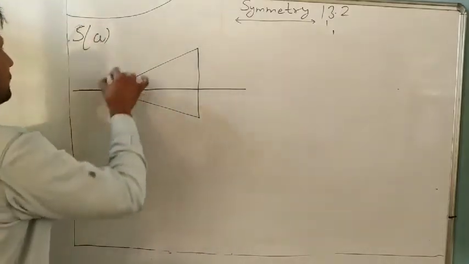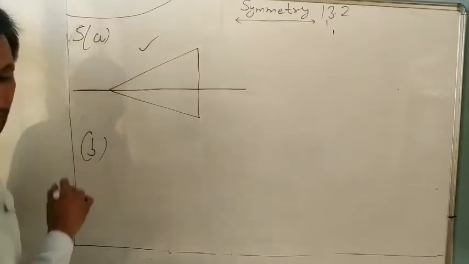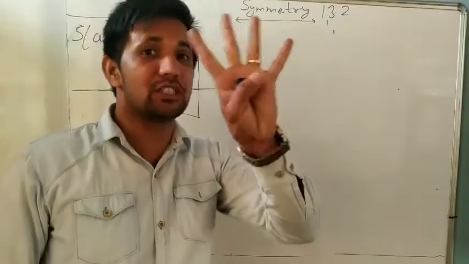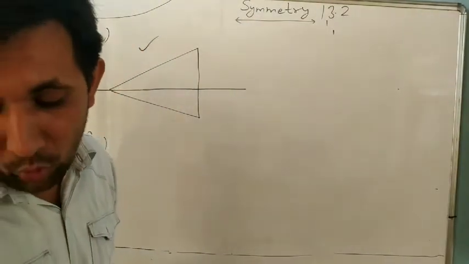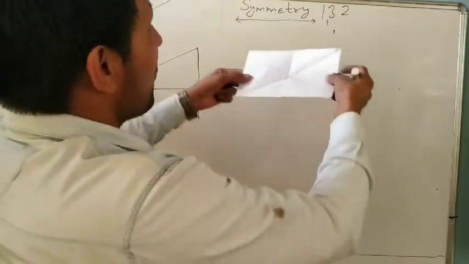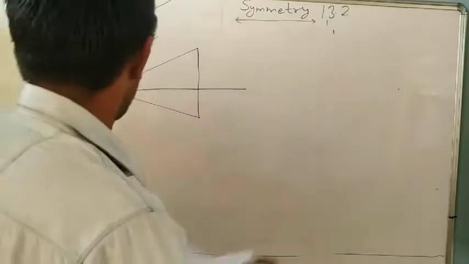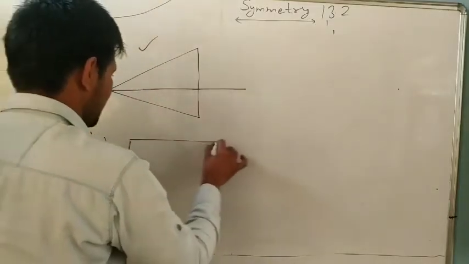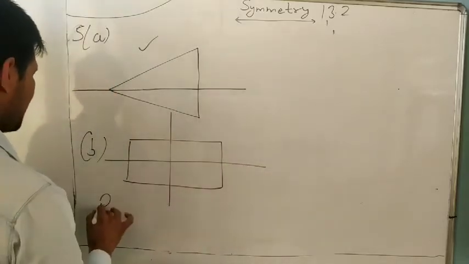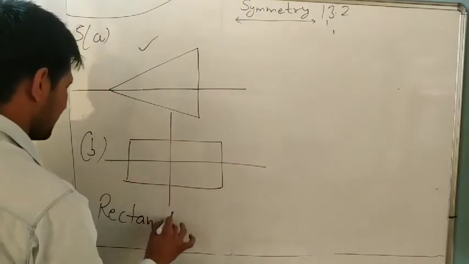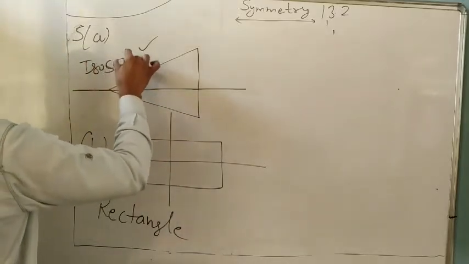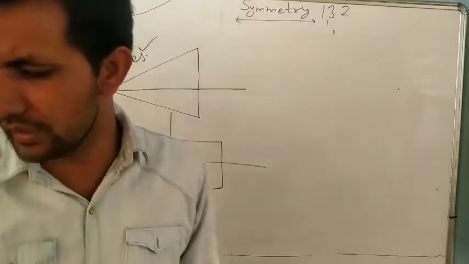Okay, so it is B part. Next is a quadrilateral. Quadrilateral means a figure which has four sides, with both horizontal and vertical lines of symmetry. Everyone knows, in a rectangle, horizontal also and vertical also. Only a rectangle you can make. So it is horizontal also and vertical. So you write the name rectangle. Its name you will write isosceles triangle for the previous one. Many questions we have already done.